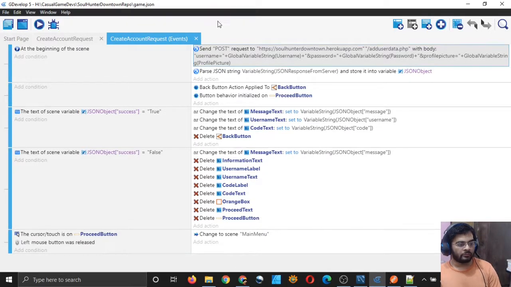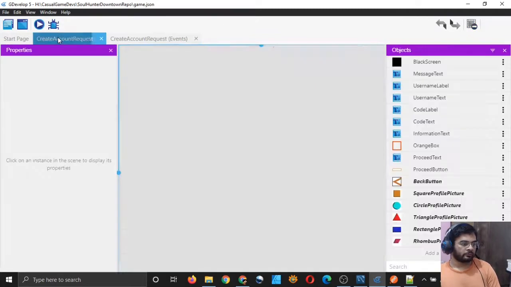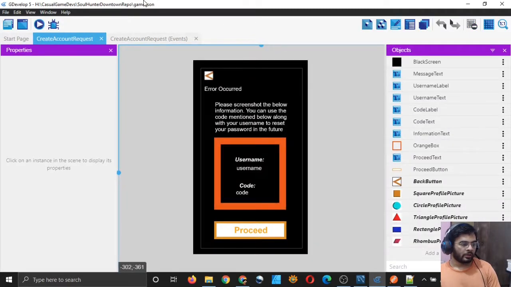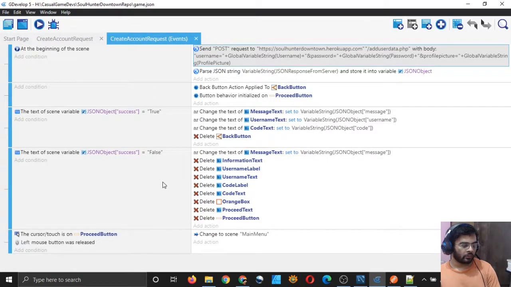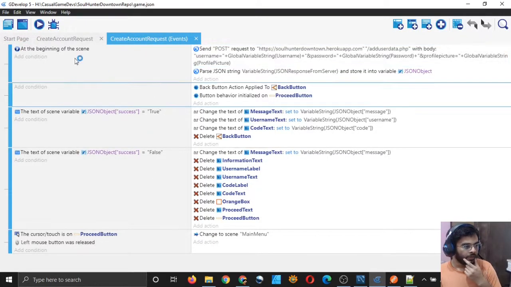But what if we send two requests? We could do it when the user clicks on proceed, or here, before we send, but if we do that, then that will be a big problem.